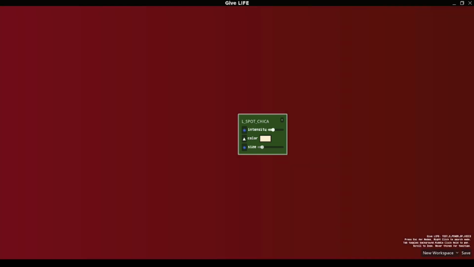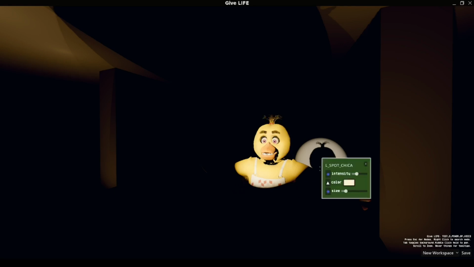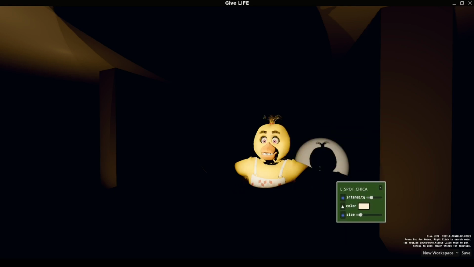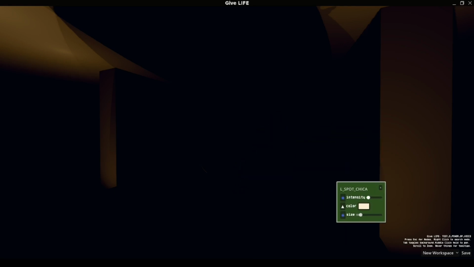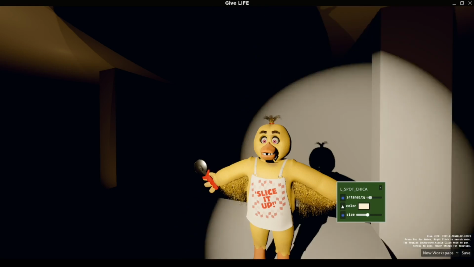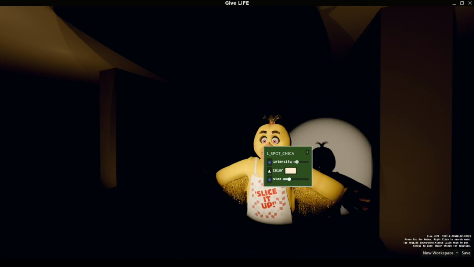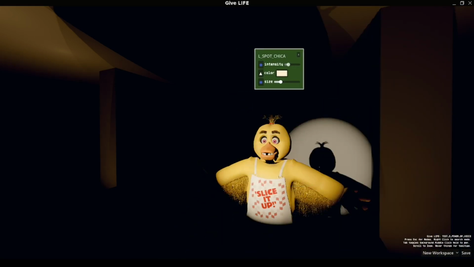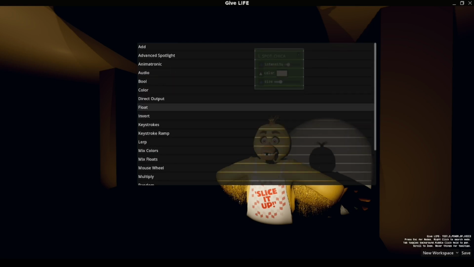So, for example, and you can also press tab, if you're going to play this afterwards, you can press tab to hide the background. This is the spotlight node. You can see I could change the intensity here. I can change the color to whatever I want. Change the size of the spotlight. And let's say I want to control this just live. We're going to deal with some live stuff before we get to recording.